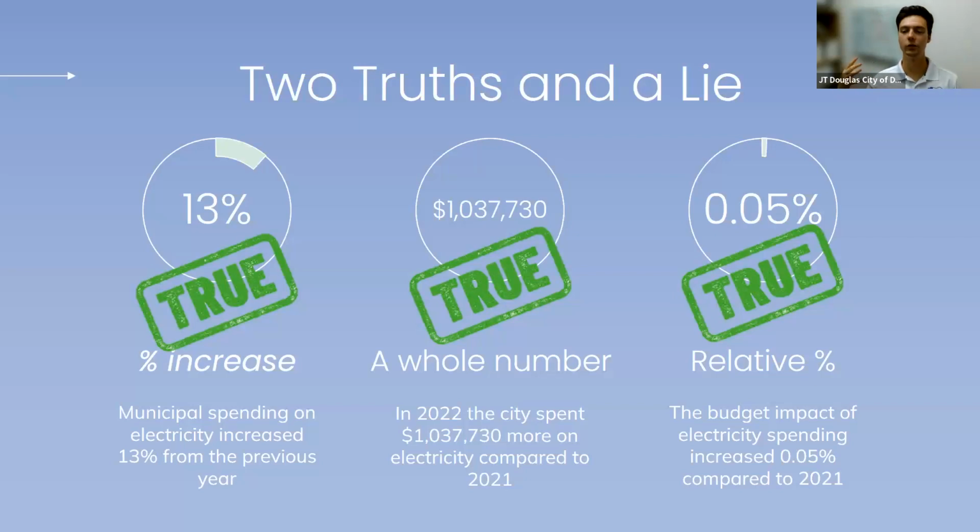Now, if you're talking to a group of middle school students about the city's cost of electricity, that statement of $1 million, that's $1 million, right? So the context is very important. And the truth of all of this is that none of these statements by themselves is probably enough.